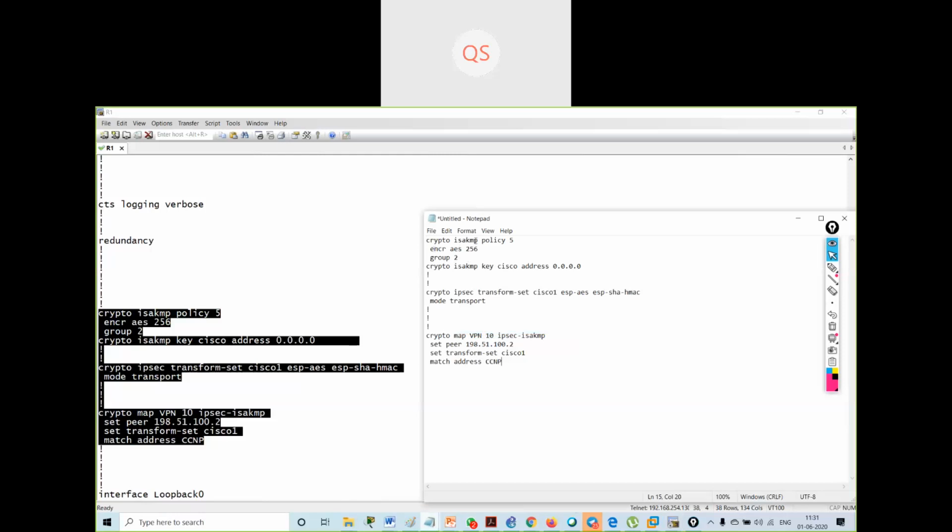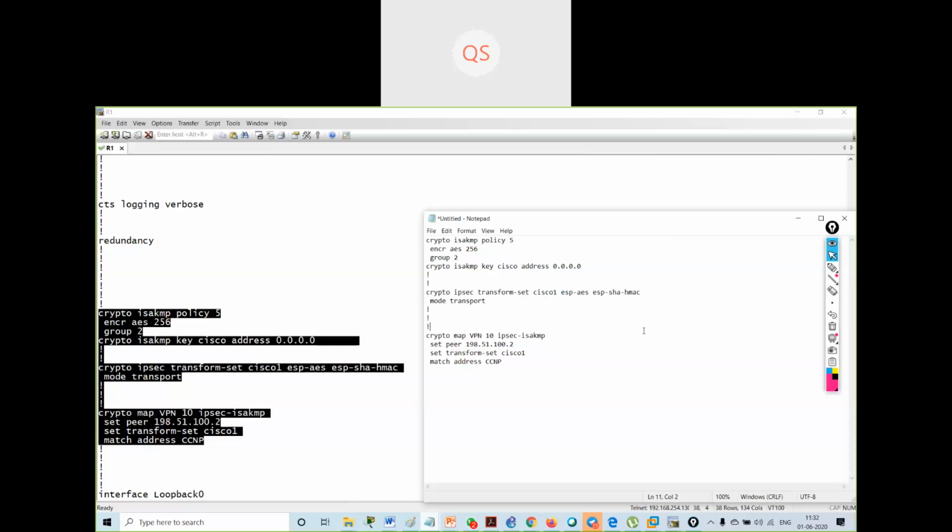I have created crypto ISAKMP policy 5 with encryption AES 256, group 2, crypto ISAKMP key Cisco, address 0.0.0.0. Then I have created a crypto IPsec transform set. The transform set should select ESP AES as the encryption algorithm and ESP SHA HMAC.